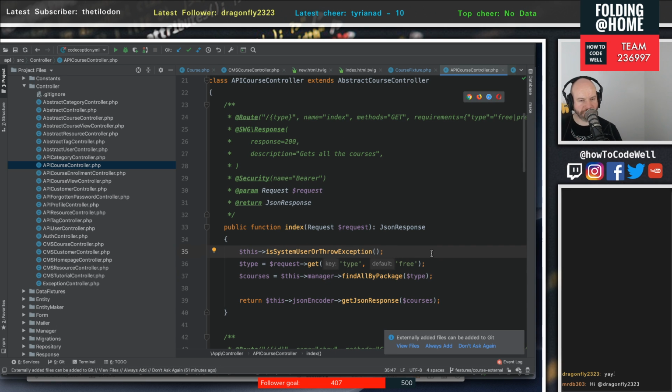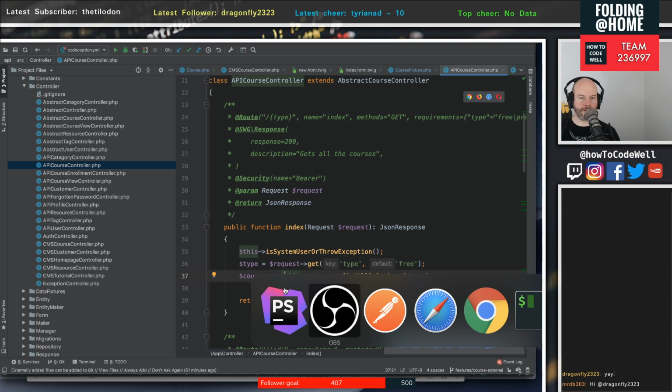Because there's no package associated to this, it's not going to find it. Which is why I need another API call for this specific use case. Yeah, that's what I need to do. Okay, so really,